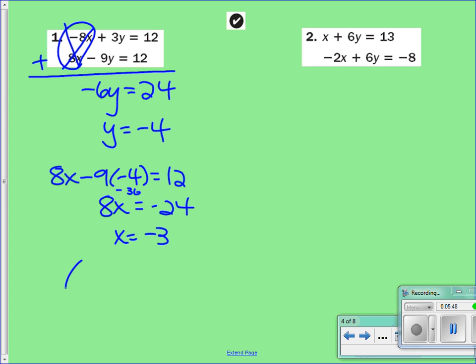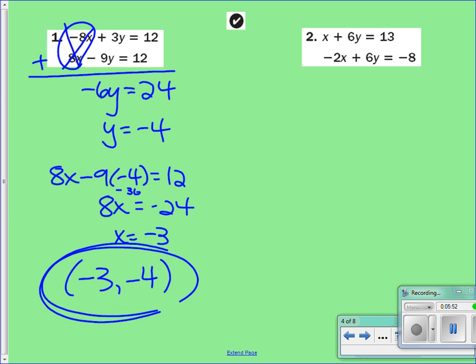You should be solving these equations efficiently enough to not have to show every single step. You absolutely must show your elimination and your answer, and you must show your plug-in and your answer, and then you can get your big bad ordered pair. Those are the 5 things that I'm going to look for on a test. And then quickly do a mental check